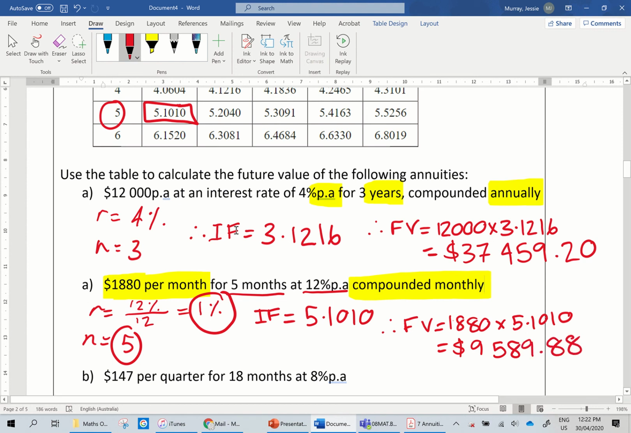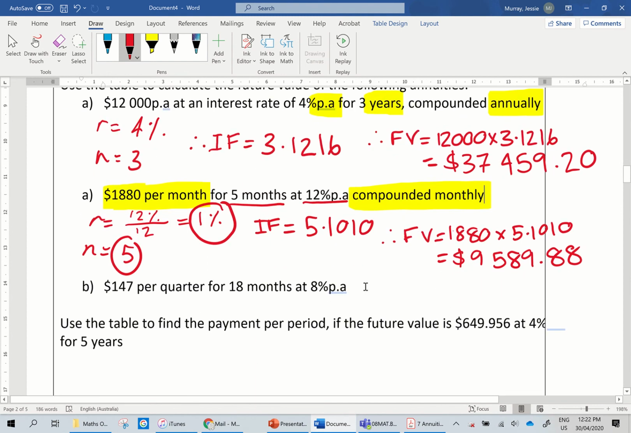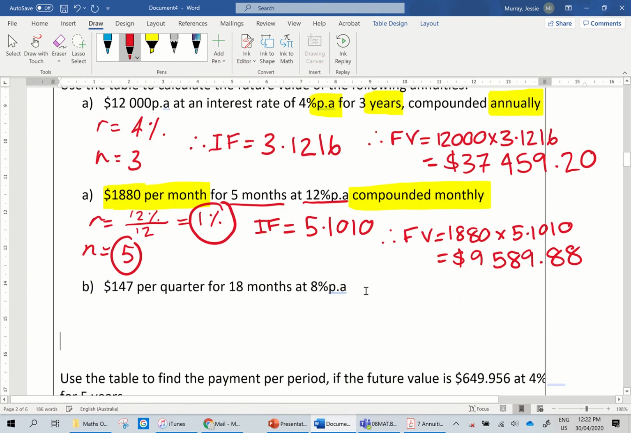So if you want to, pause the video and give B a go. Okay, just give some room there. Otherwise, let's have a look. And again, I forgot compounded